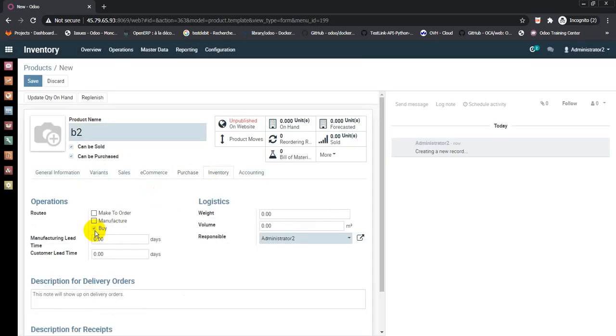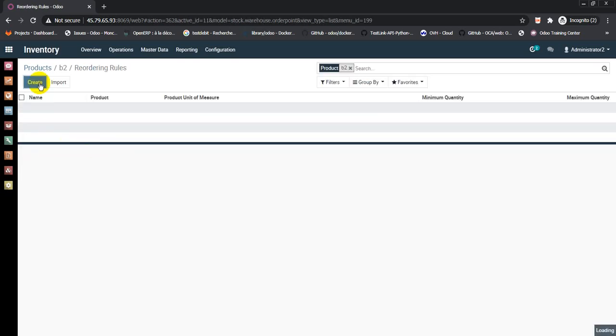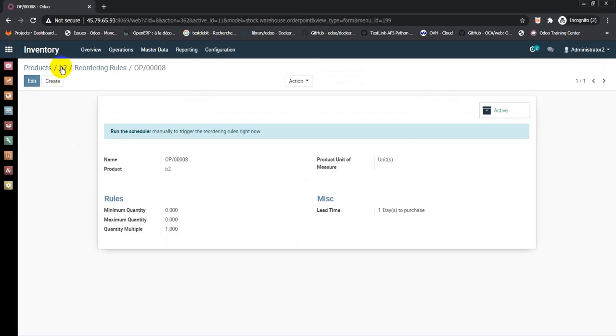In inventory select just buy and save, add a reordering rule, create and hit save. Okay,